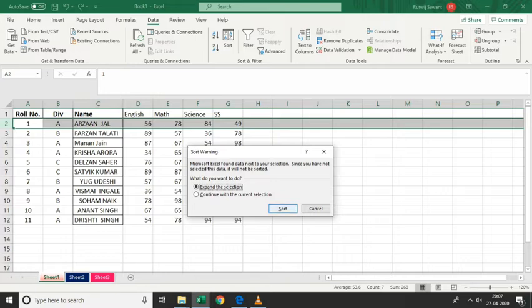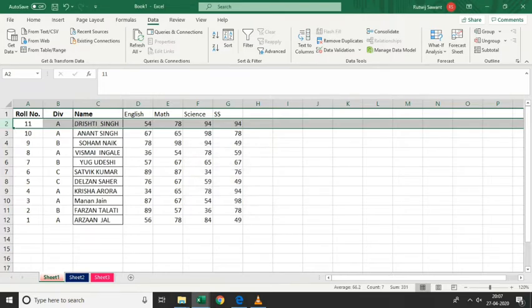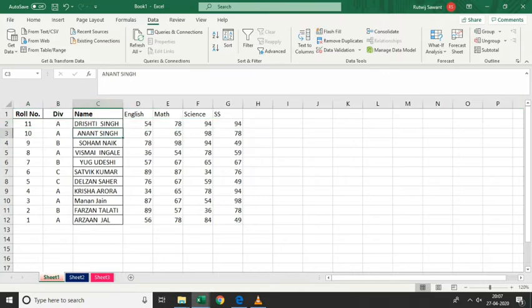Now here you can see it's not sorted properly because I have left a space in front of the data, so that's why it's not sorting properly. So you have to be very careful while sorting your data. According to that, your data will get sorted. So first you have to remove the spaces or whatever special characters you are using, and then sort your data. So this was about directly using sort largest to smallest and smallest to largest.